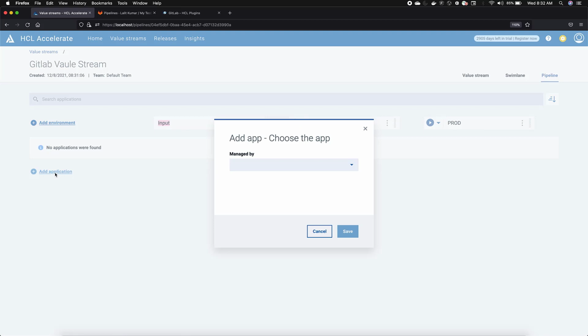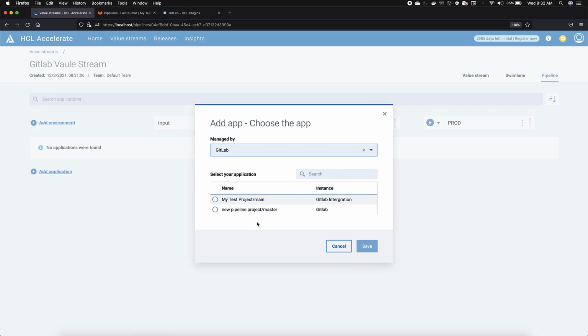So here under the add application section, I can see GitLab. So I'll click on this one. It will import all of the projects and integrations that I have, and I can add it as an application. So this is my project, my test project main that I have added, and the instance name is GitLab integration.